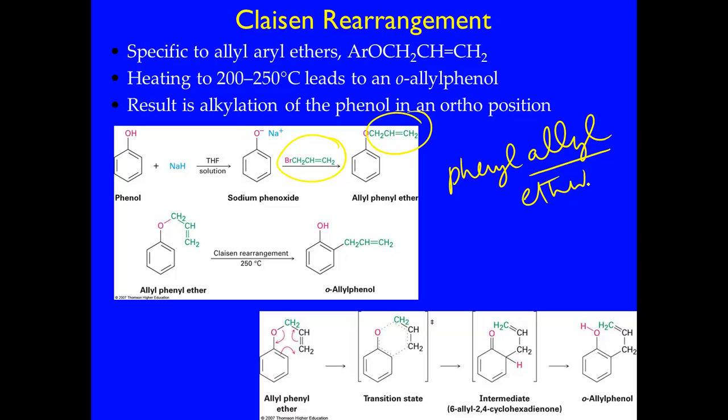These electrons undergo a cyclic movement. It's called pericyclic reactions. We'll talk about this when we get to chapter 30, in case we can make it to chapter 30. So what happens is these electrons go in a cyclic motion. This pair of electrons would move there, that pair of electrons would move there, and this pair would move here. So there will be a CC bond formation between these two carbons. So this outside group gets transferred from oxygen to carbon. So this is called Claisen rearrangement,